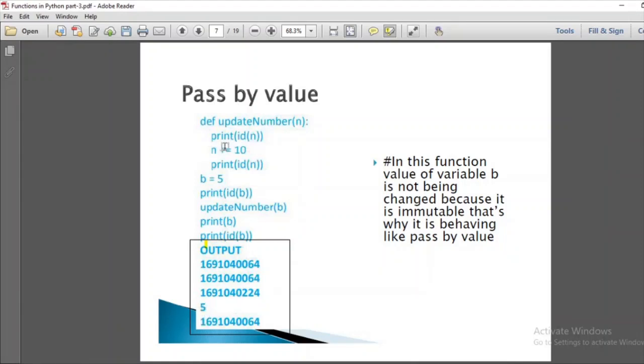Okay. So this print of n+10 that you did here will remain only in this scope, right? It is immutable, so its scope will not extend outside. So when I come outside the function and print b again, it will show me answer 5, because integer is immutable and it cannot be changed. If you change it here, it will be limited to the scope of the function. So when you print b, it's again 5 and the id is the same as the previous one, so it is unchanged.